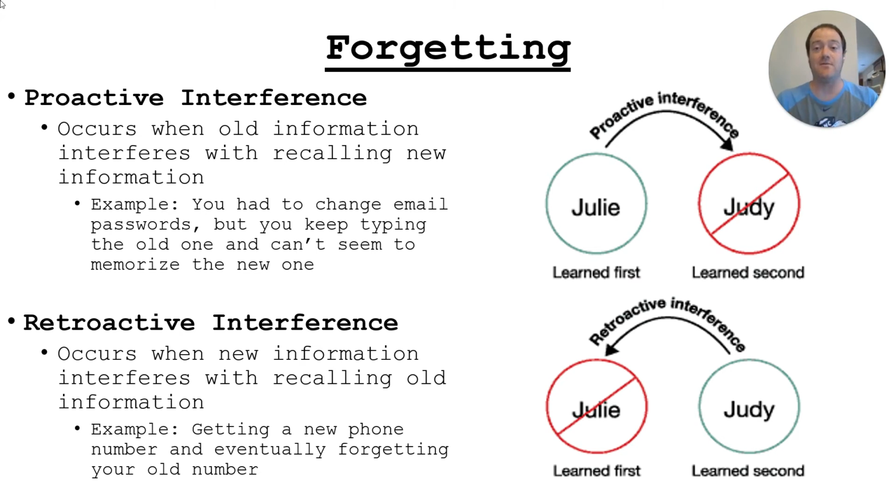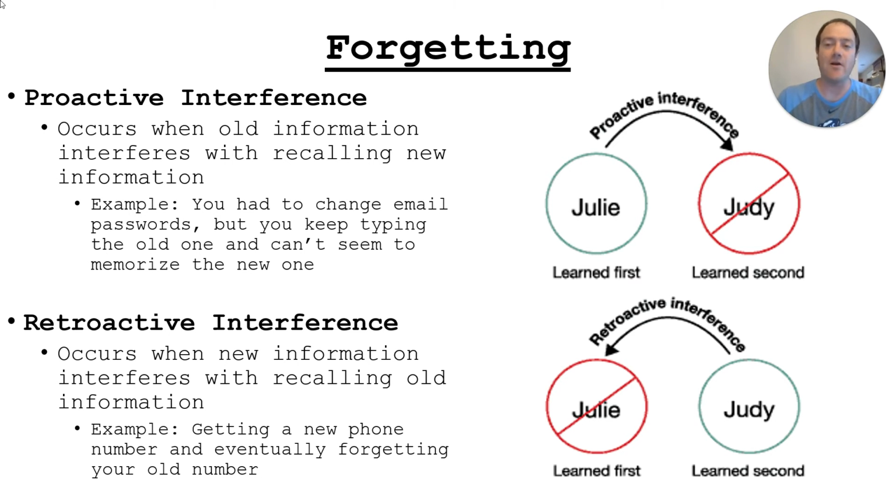When I was filling out job applications right out of college, they asked for all the previous addresses we had lived at for the last 5 years. That's normally not that big of a deal because most people live at places for a while. But when you're in college, you tend to move around a lot. Every year is a different address. I couldn't remember the last 3 or 4 addresses. I had to go back and look to see what they were, because the new information of where I currently was covered up the old, similar information, which was addresses.